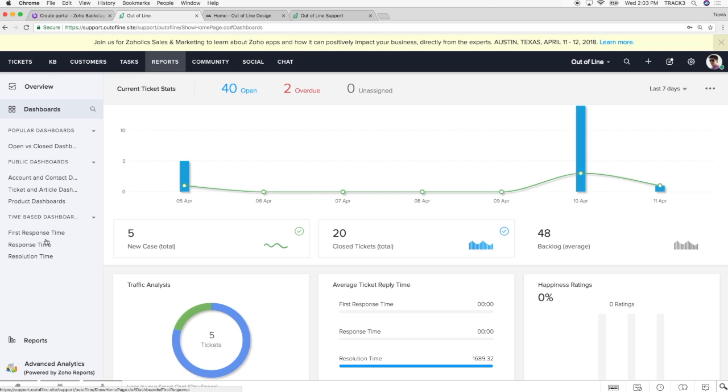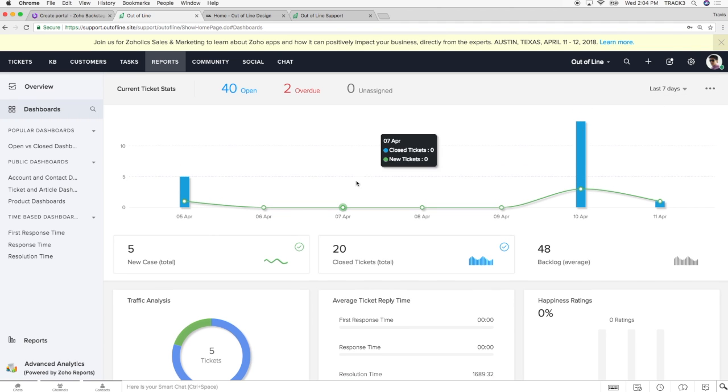You can look at individual reports on this side, different dashboards, but overall, right now it's giving me the total dashboard, right? The big picture dashboard. Right when you click into reports, that's what it's going to default to. And I can have it slice up data in different ways. Say, give me a big dashboard that is filled with different reports based on data from the last 30 days, 7, current week, whatever the case may be.